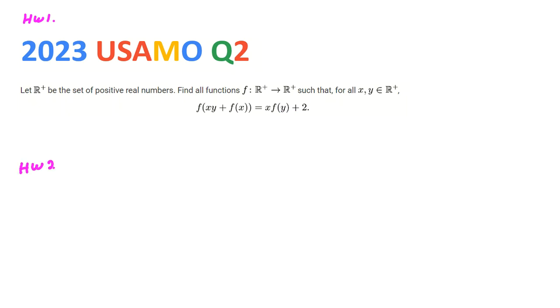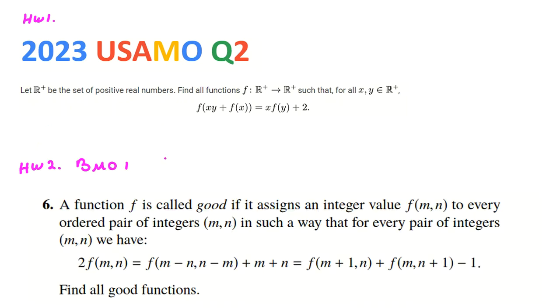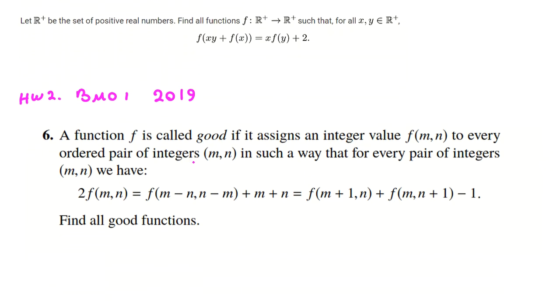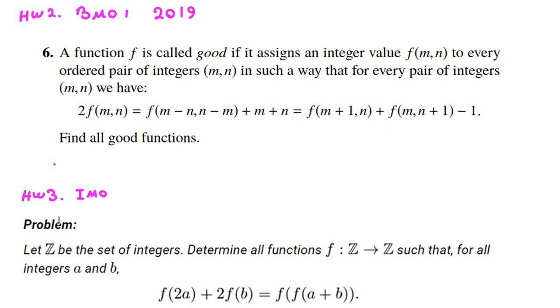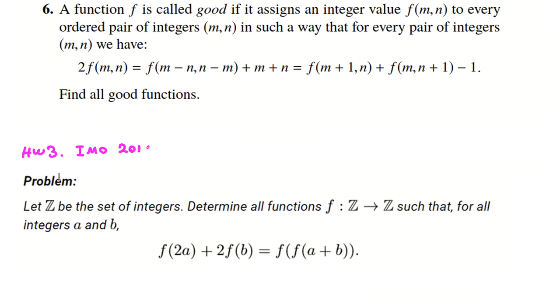Homework number 2 is a BMO round 1 problem number 6, I think. Okay, this is for BMO1 2019. You can also try this problem. As homework number 3, let me tell you, IMO problem. Homework number 3 is IMO 2019. So try this problem. There are also other function problems in